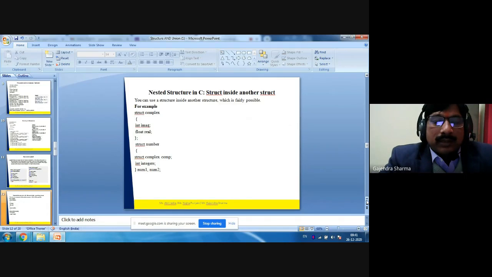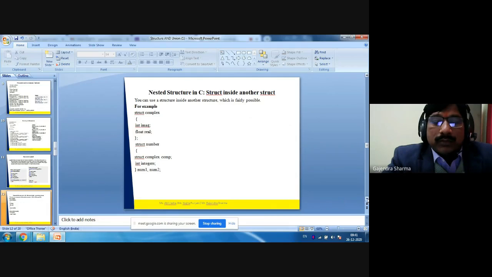In this structure, we have a structure complex comp. It means comp is a variable of struct complex type, which we have already declared above. So here we are using the structure complex within the structure number. And we have another member, int integer, and we can declare the structure type variables here, num1 and num2.